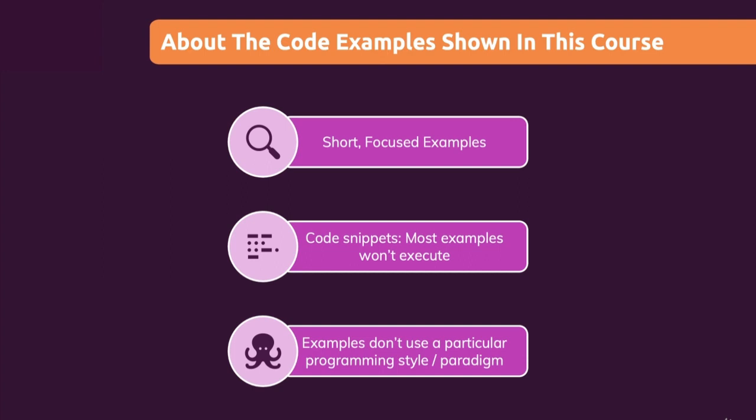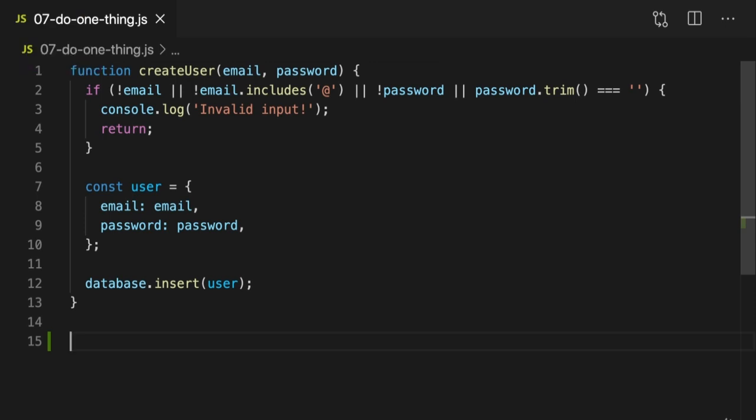Now, one note for all the Java and C# developers: in JavaScript and in Python and in a couple of other programming languages as well, you don't have to wrap everything into a class as you, for example, have to do it in Java. That's why you will see standalone functions which are just defined like this without any classes in all these examples throughout the course. In Java or C#, these would simply be some methods defined in some root main class, you could say. So that's just something to be aware of. You simply don't need to have classes around everything in programming languages like Python or JavaScript.